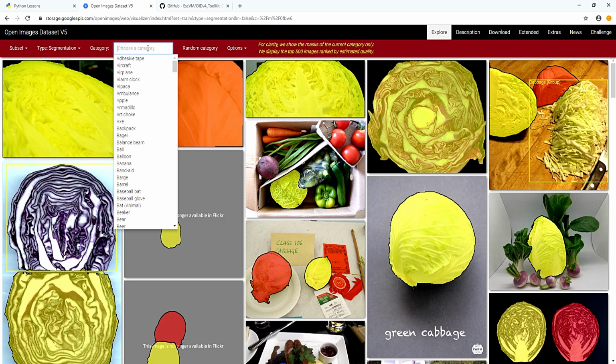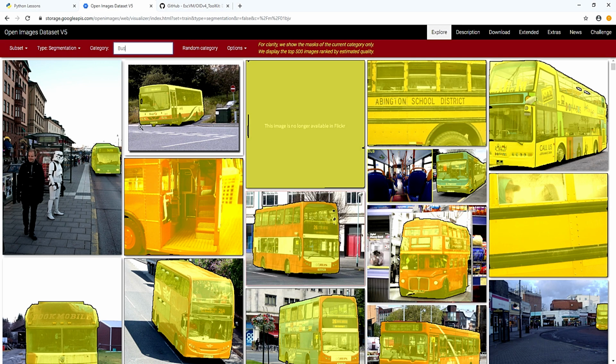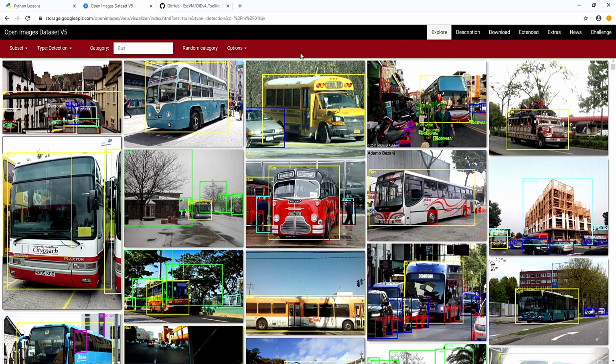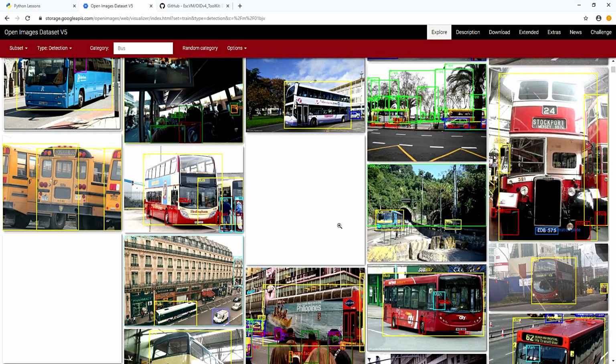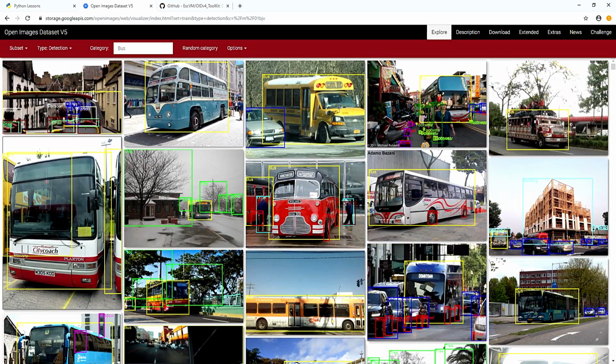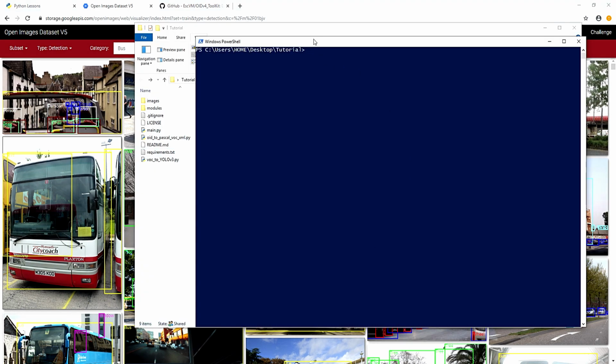So, for example, I write a bus, okay. Type segmentation detection. I will use detection, but segmentation is also for other purposes. And as you can see, there's a lot of already segmented images for buses. So what I will do, I will actually